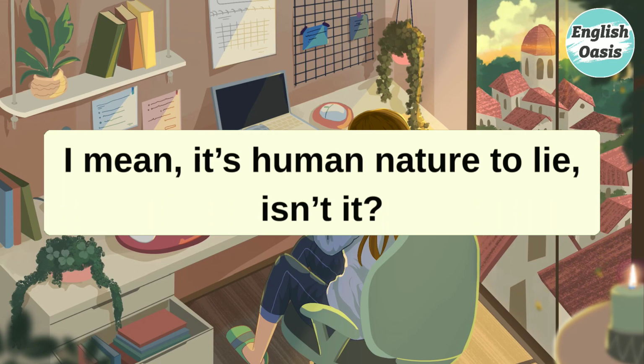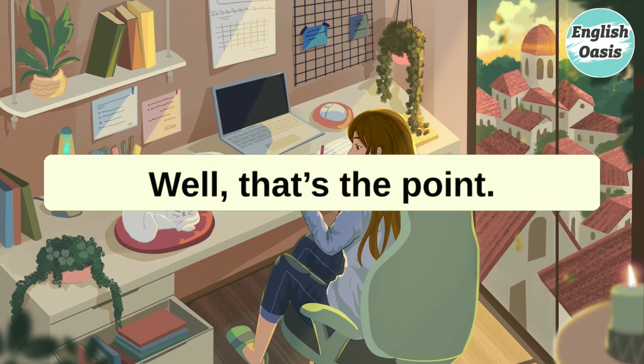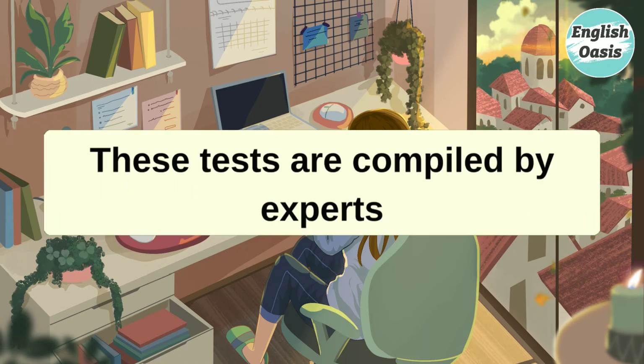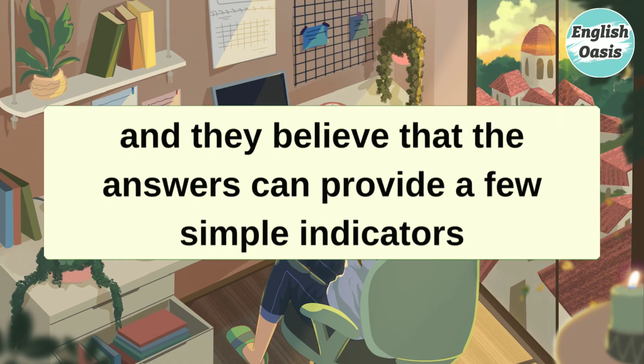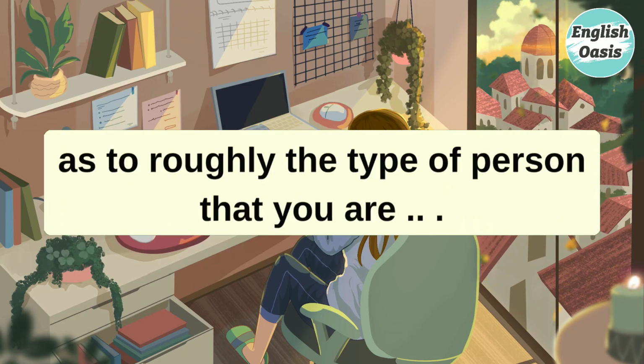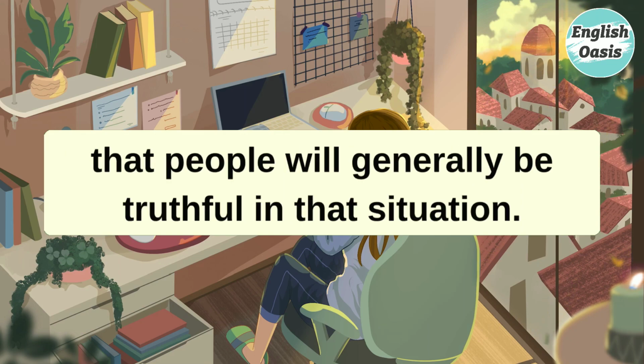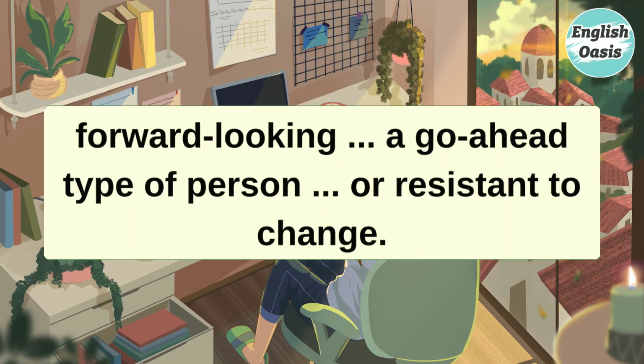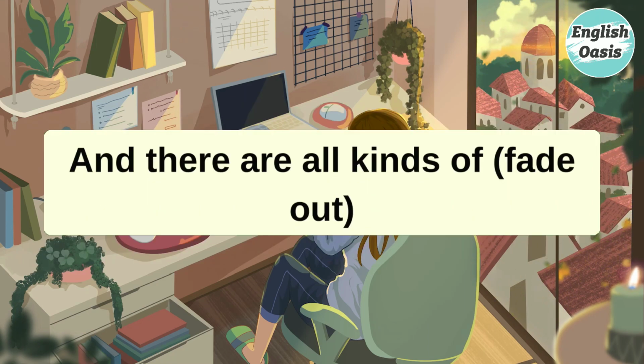I mean, it's human nature to lie, isn't it? Well, that's the point. Apparently it isn't. These tests are compiled by experts, and they believe that the answers can provide a few simple indicators as to roughly the type of person that you are, that people will generally be truthful in that situation. And then you can go some way towards finding out whether someone's, say, forward-looking, a go-ahead type of person, or resistant to change. Yes, and there are all kinds of other methods which can be...